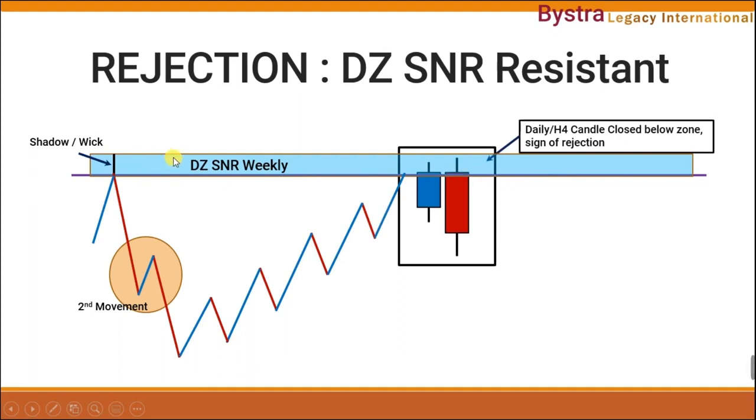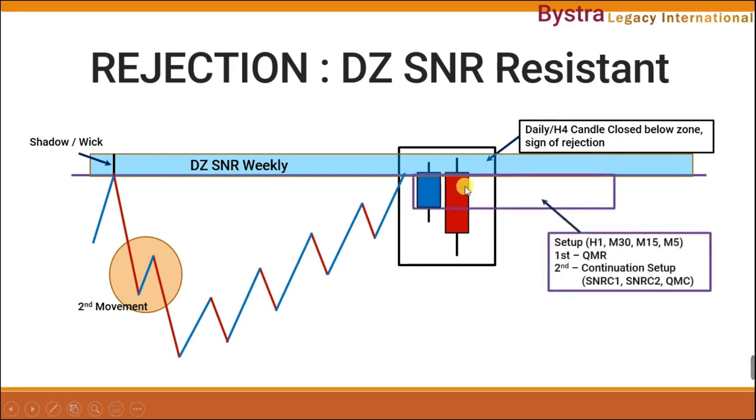Since this is a weekly time frame, the confirmation that we need to look at is the daily time frame, or at minimum the H4 time frame. So once this rejection confirmation closes the candle outside of the zone, then we can look for a sell setup. Normally in this area, a QMR setup will come up,